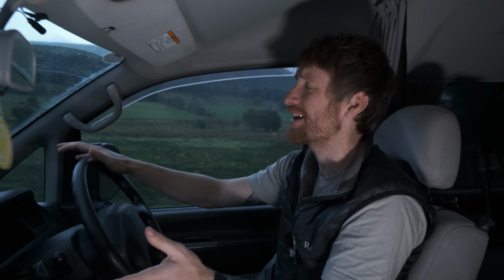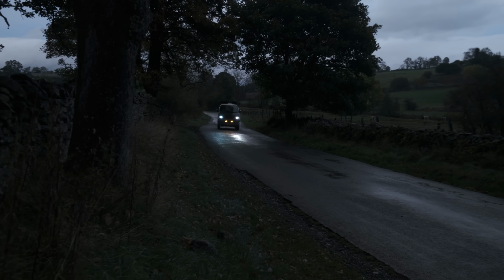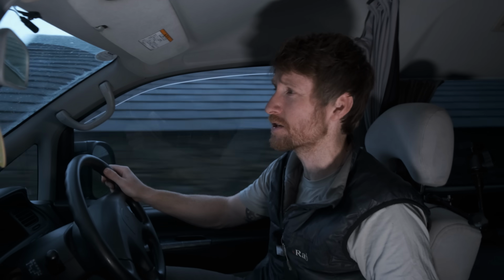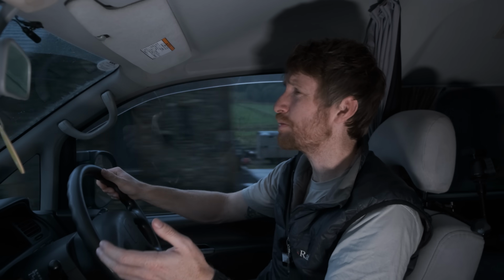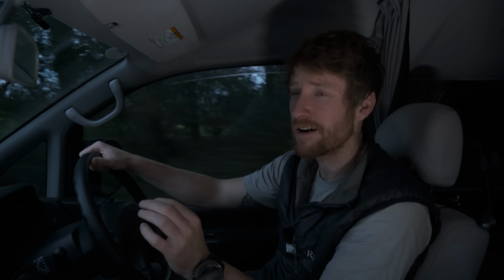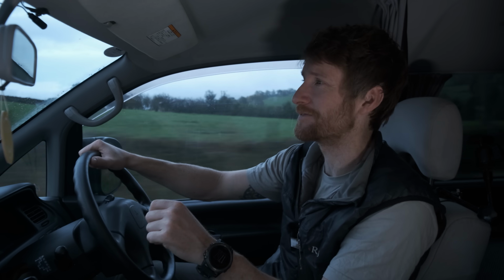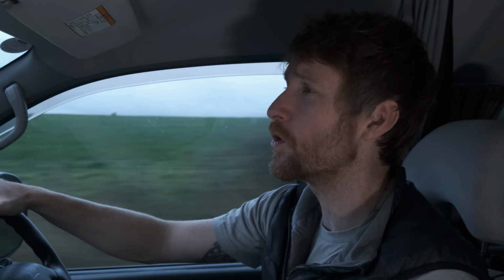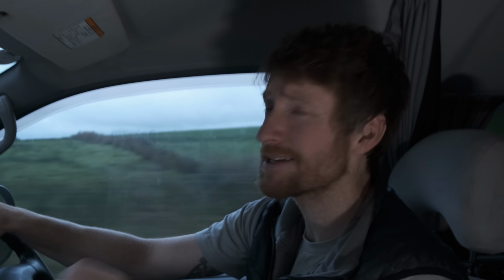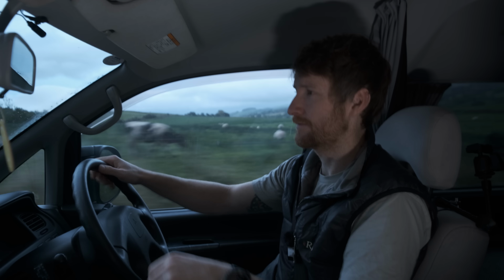So to put it into context, this van I'm driving, set up as it is, you could buy 3 of these and have change. If you just wanted the van that wasn't converted into a camper, you could buy 5 of these. My Fujifilm GFX 50R, you could buy in excess of about 13 or 14 of those. You could travel the world and photograph all of your dream locations in one go. That's how expensive this camera is. And today, I'm gonna...